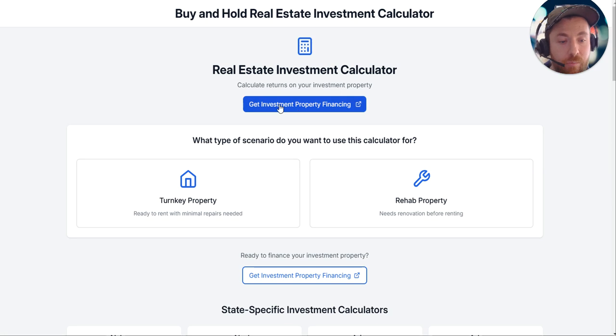Okay, so you should be going to buyandholdcalculator.com, all one word. I will put the link down below so you can use this. You should be using something like this. We provide this to you for free, but you should be doing something in your analysis before you get under contract on a property. All right, so when you get to the website, a lot of you are doing BRRRR